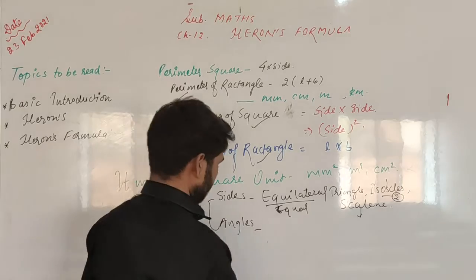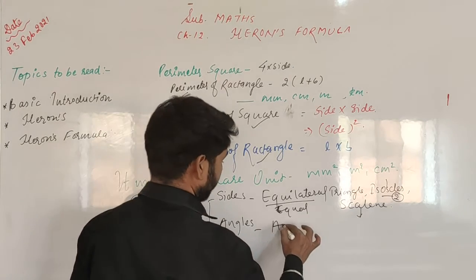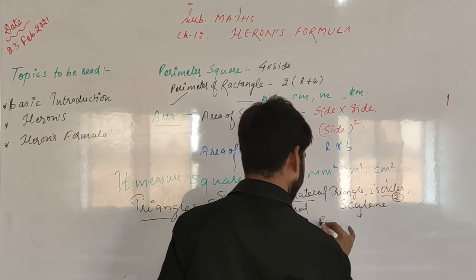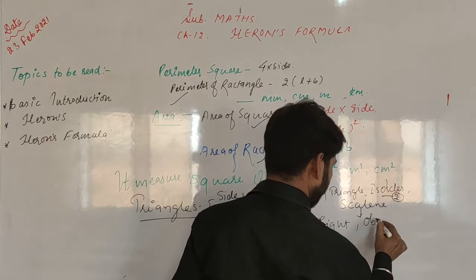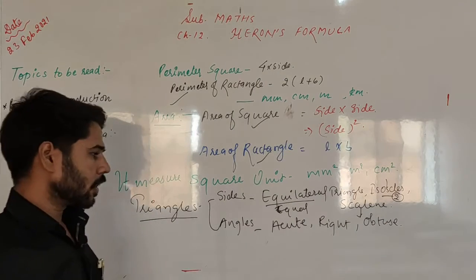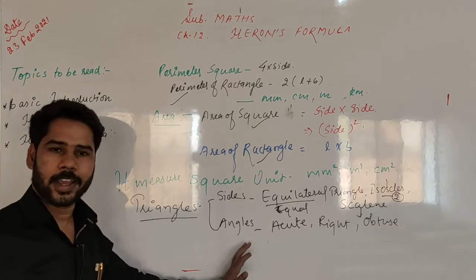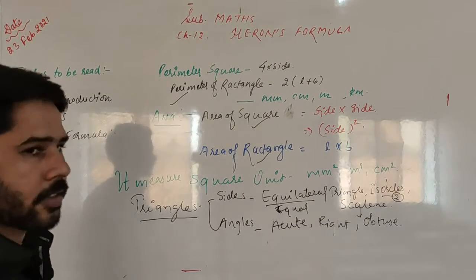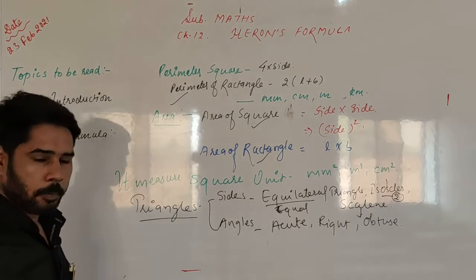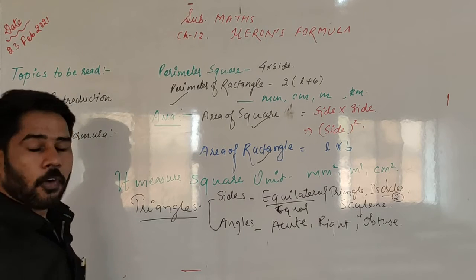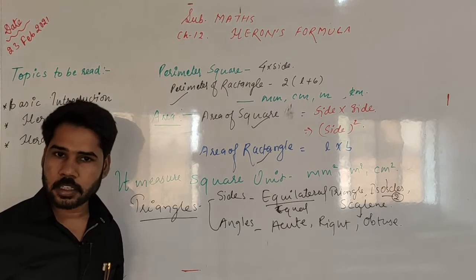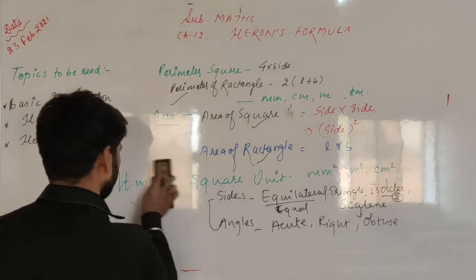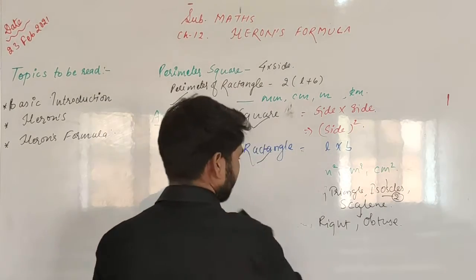If I talk about the basis of angle, that is acute angle, right angle triangle and obtuse angle triangle. Okay. So these are the different types of triangle on the basis of sides and angles. Now we are going to discuss the area of triangles. As you know very well, the perimeter of a triangle is the sum of all the sides. Equilateral triangle is a special triangle, so its perimeter is equal to 3 into side. Okay. So now I am going to discuss the area of triangles.